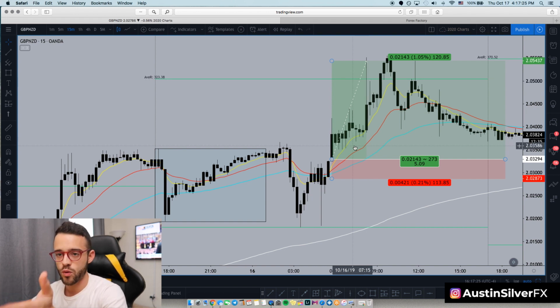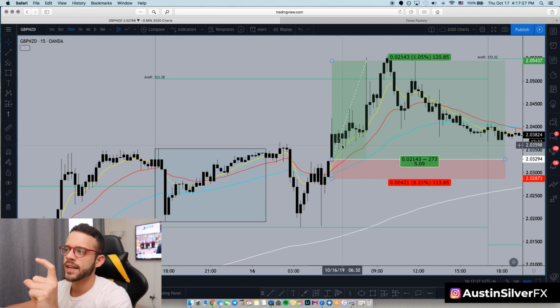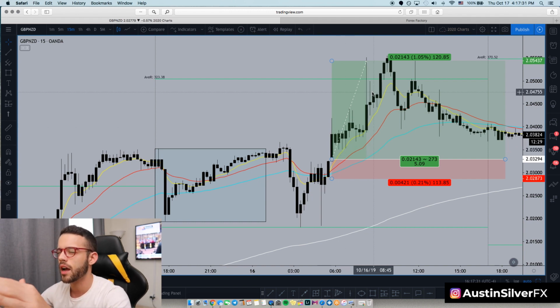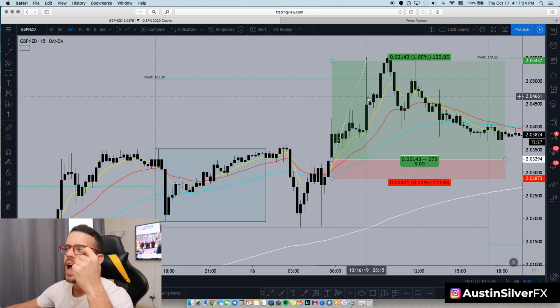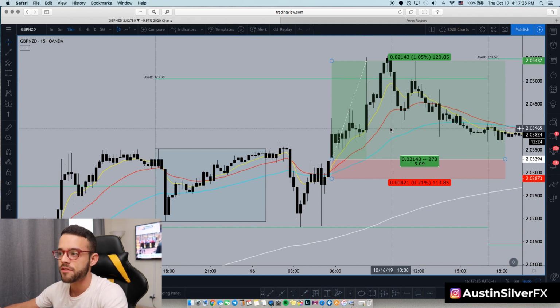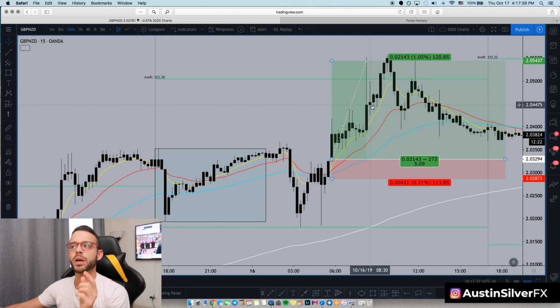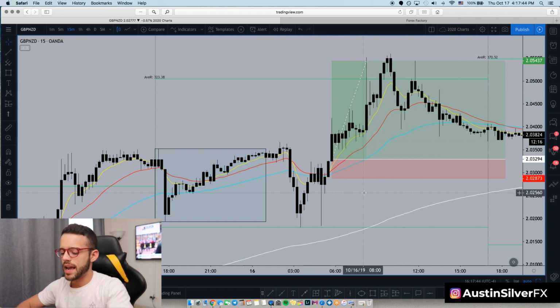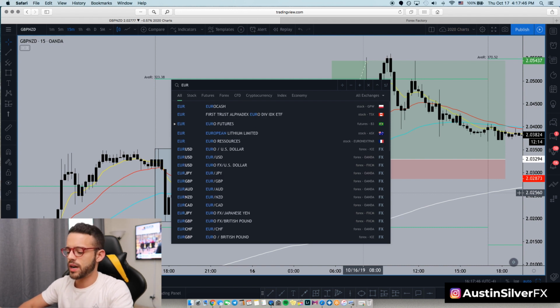Now on this trade, if you watched the full recap, you saw with my second half of the position, I caught 168, I think it was 169, something like that, out of this trade. It goes 214 from my entry. An unbelievable rip. But using the ADR lines here, I was able to see the potential reward and measure the potential risk. Now if you flip back to just my Euro trade today,